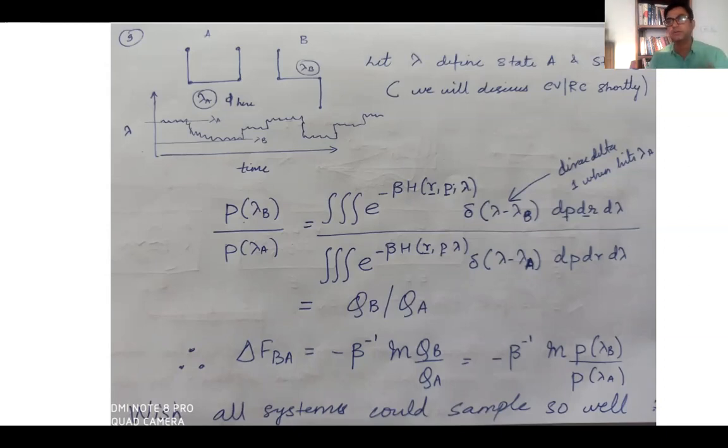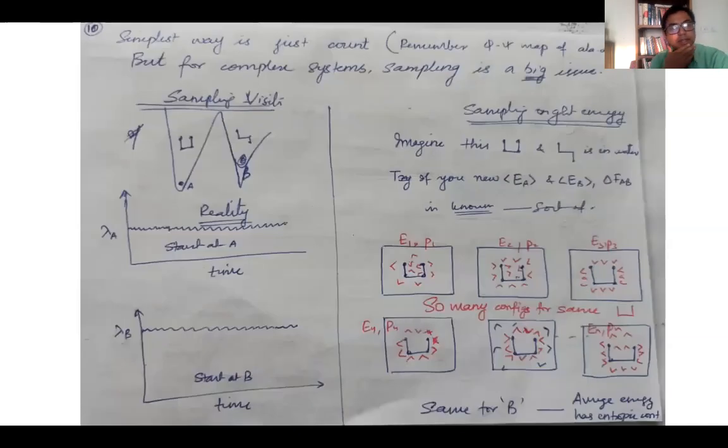So in that case, you don't have to bias the system. The barriers are small enough that you are able to sample the different states, and things become very easy. Just by counting the occurrences of those states, you can actually tell the free energy between the two states. Okay. But it's not always simple. Not all systems are like alanine dipeptide, or a particle moving in thermal motion in solution, or having smaller barriers.